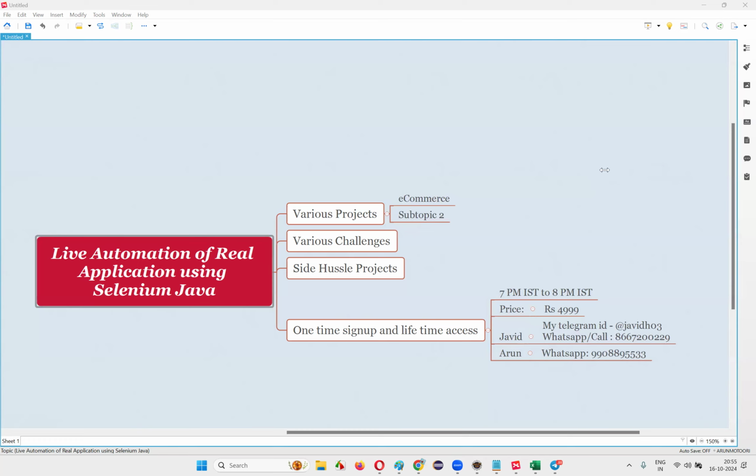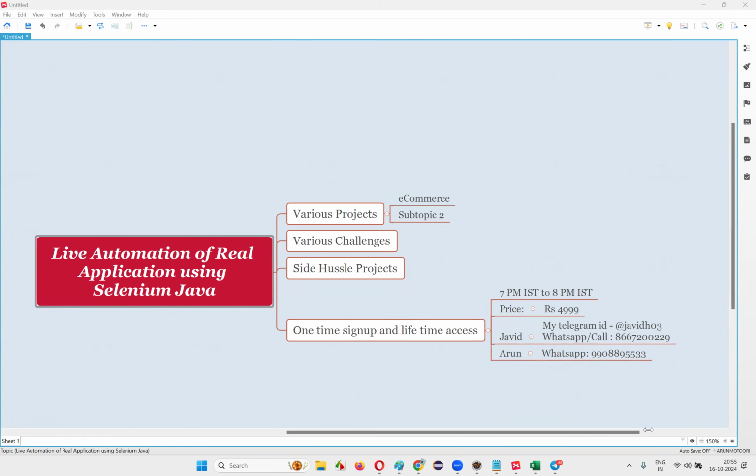Yes, I can provide recordings. Don't worry. Google Drive recordings will be there. Each and everything will be recorded and provided to you. If you are unable to attend, you can watch the recording at your free time. No problem at all. Every day recording will be there for you. I'll create a separate Google Drive folder and share the recordings.